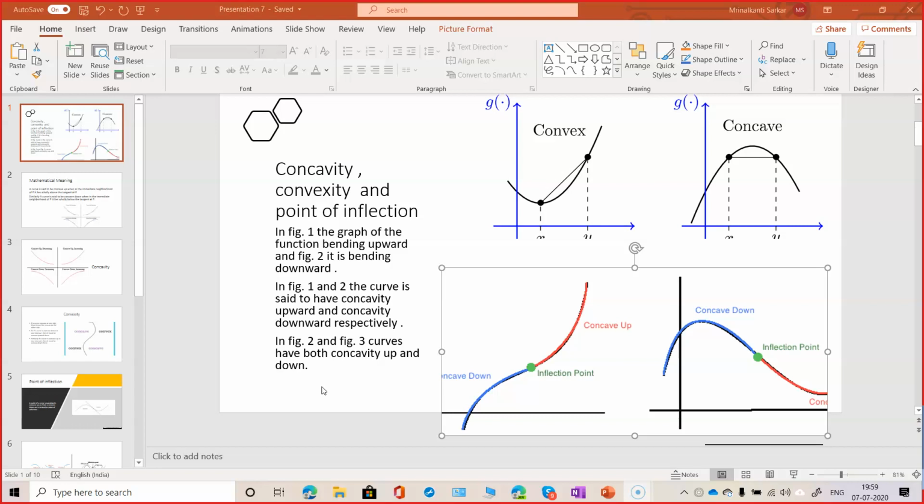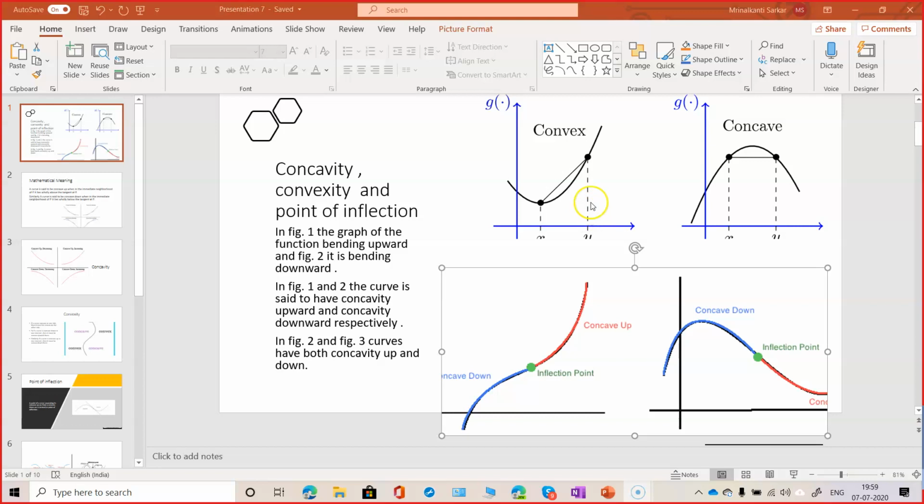Good evening. Today we are going to do concavity, convexity and point of inflection of a curve, which in our calculation today will be algebraic, but it is true for trigonometric functions also, for any curve in fact. But the calculation we will do today is on algebraic functions. In this diagram, I have written here it is convex, here it is concave.